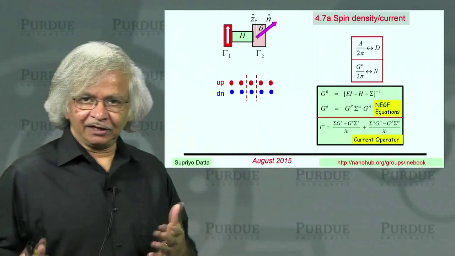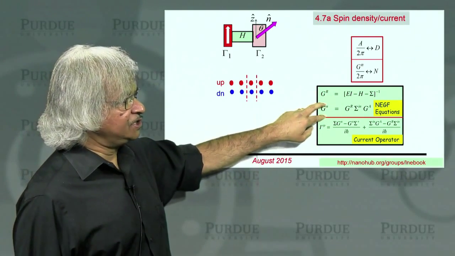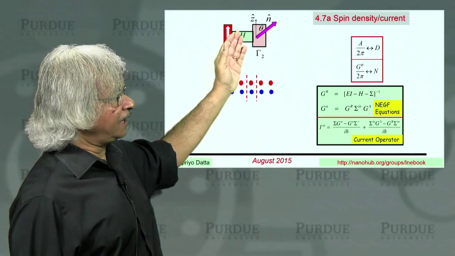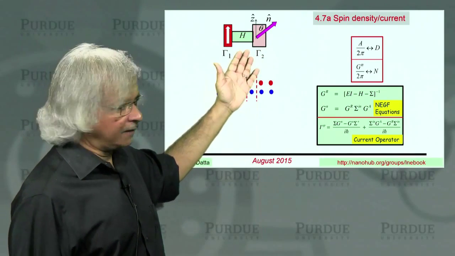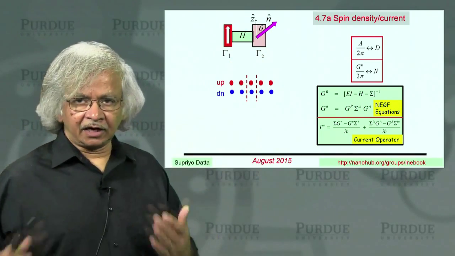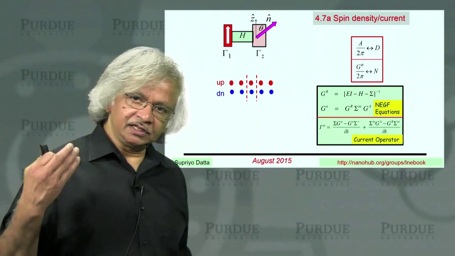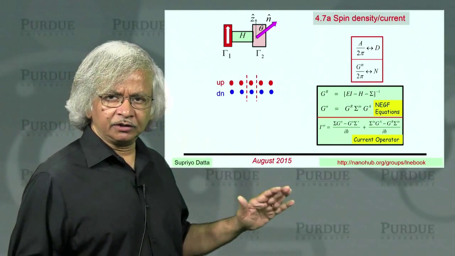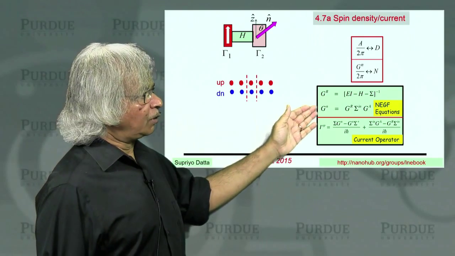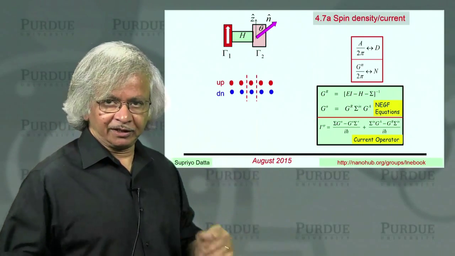Now, in this lecture, what we'll focus on is the interpretation of the quantities that you can calculate from NEGF, specifically this Gn. That is, given H and sigma or gamma, you can calculate current, electron density, density of states, any quantity of interest. And what we'll talk about here is how you interpret that.